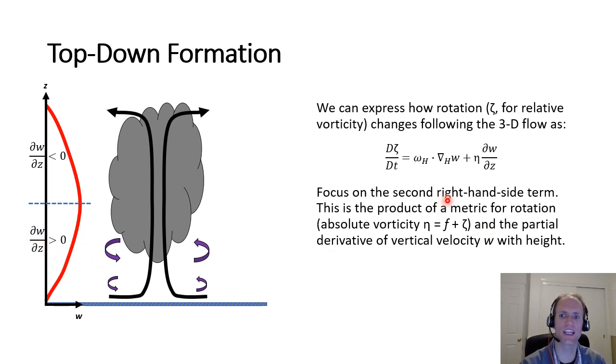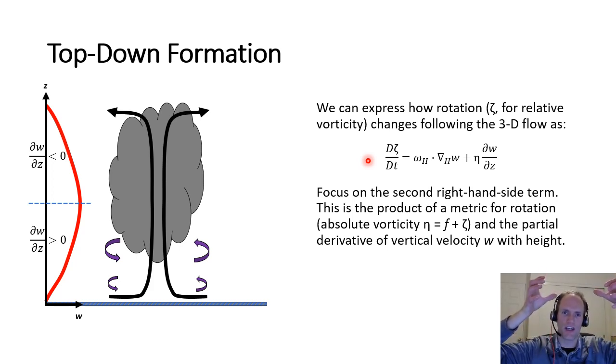Because we're dealing with cyclonic rotation, relative vorticity is positive. And in the northern hemisphere, absolute vorticity is positive. They're both positive for cyclonic rotation in the northern hemisphere. So these two terms are both positive, which means that the left-hand side is going to be positive, which means that cyclonic rotation is increasing following the wind, which means that if you have a low-level cyclonic vortex with a